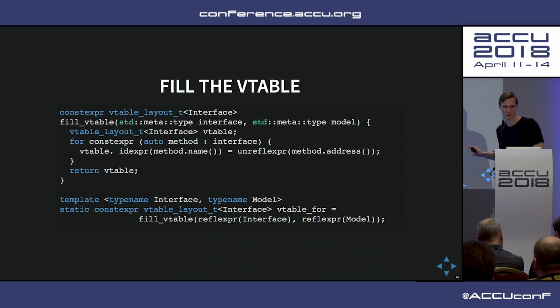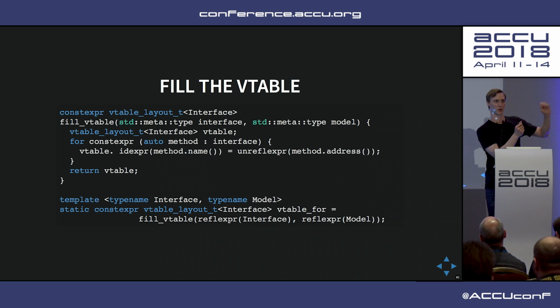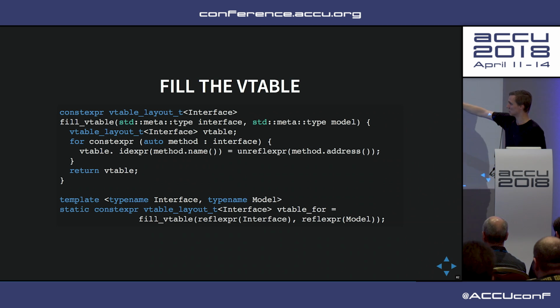So again, this is all a strawman. But imagine you have a type that is a model, and you know what your interface is as well. So you generate the Vtable layout, and then you fill the Vtable one member at a time. So for each method in my interface, that should be model actually. For each method in my model,